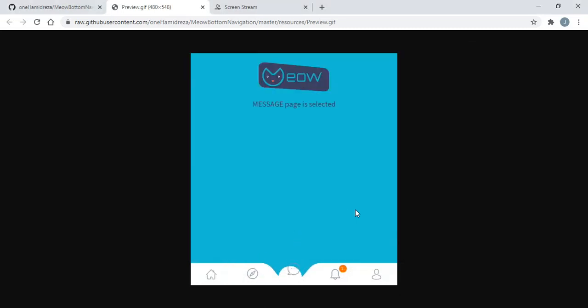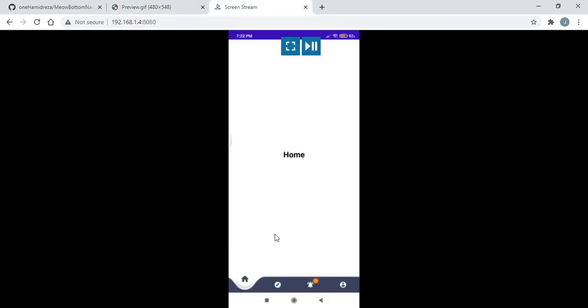Welcome back to Android tutorials, and in this video I am going to show you bottom navigation view with a unique design. So you can see that we will have our items in a fab button with animation. So you can see the demo, and this is our demo which we are going to make in this Android